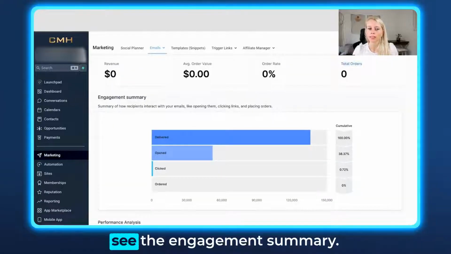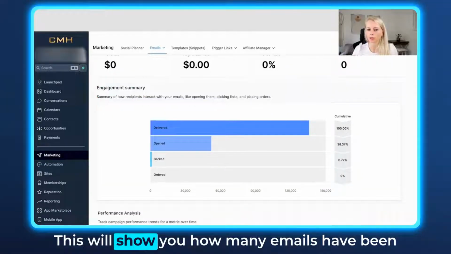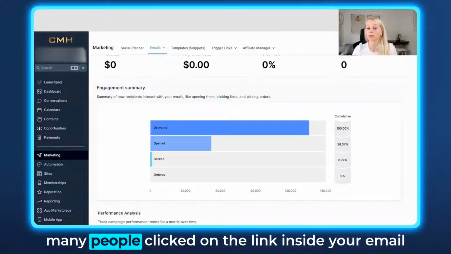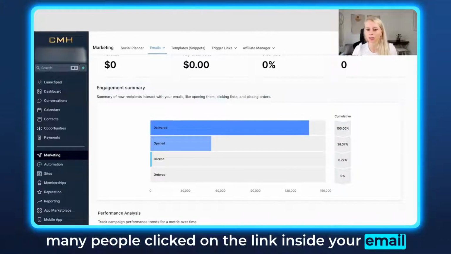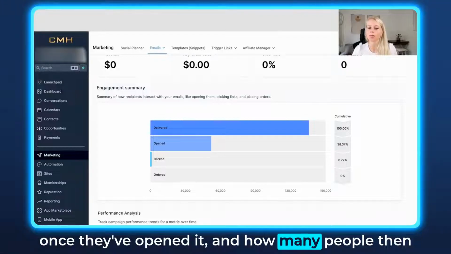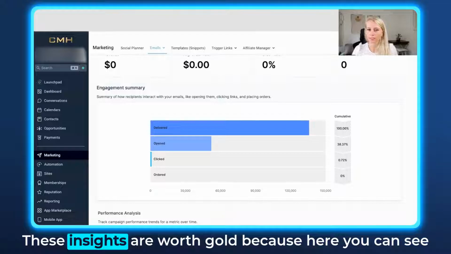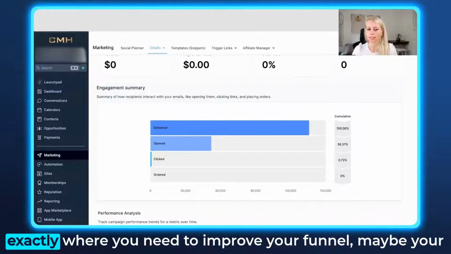Scrolling further down, you can see the engagement summary. This will show you how many emails have been delivered, how many emails have been opened, how many people clicked on the link inside your email once they've opened it, and how many people then ordered from there once they've clicked on that link. These insights are worth gold because here you can see exactly where you need to improve